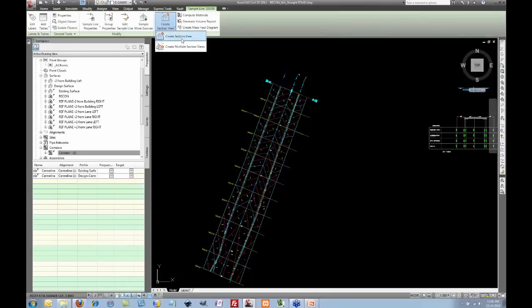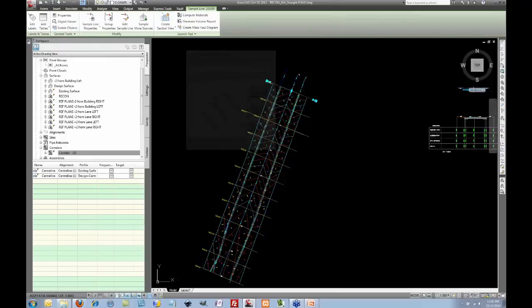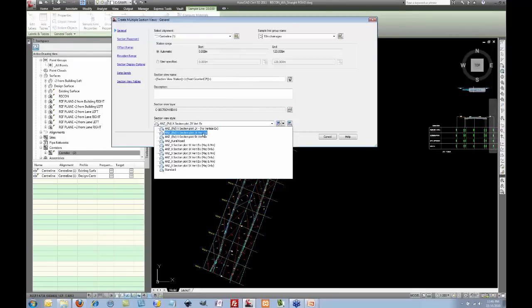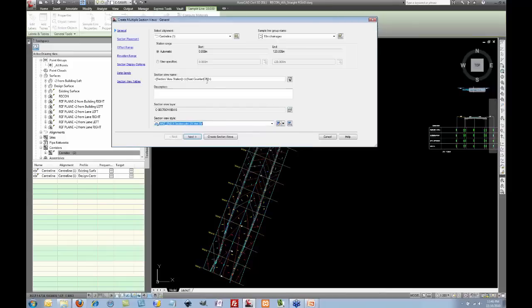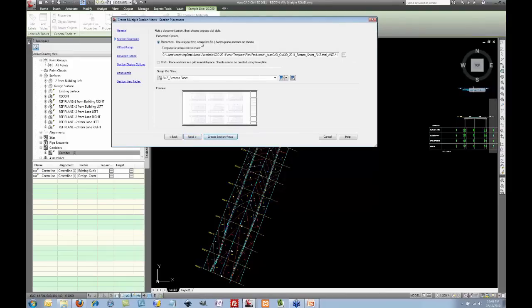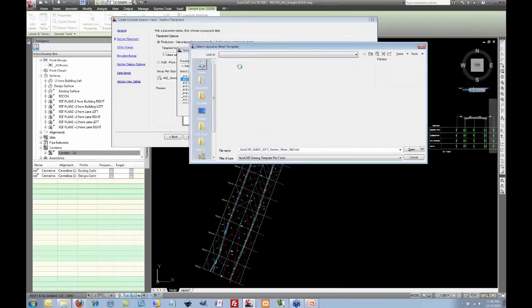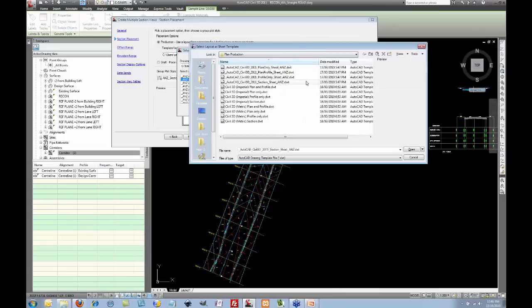So once again, I go to Create Section View and create multiple section views. So as I said previously, you press 2 times exaggeration. You can give some names here, which I'll skip. You go to Next. And the important thing here is to pick your template. So you press this button here, and you click. Your template's probably selected previously. If it hasn't been, you press this ellipsis button, and you browse to Planned Production, and you've got a template here called